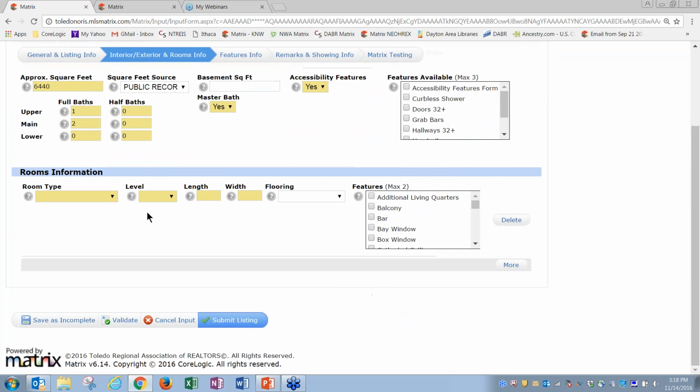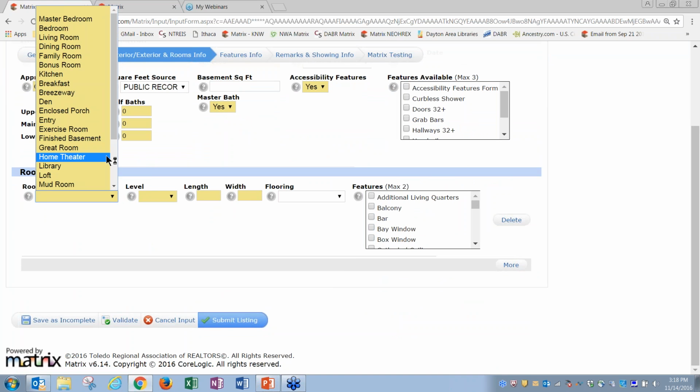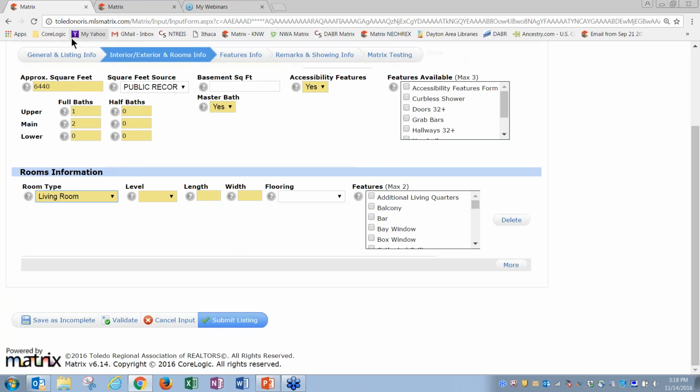On the room types, you're going to come in here and pick your first room that you want to do. So for example, let's say I want to do the living room. Put in what level it's on: lower, main, or upper. Once again, you'll notice the required fields because they're in yellow. It is a requirement to put in the length and the width, which should have been exactly what we had before. Now it's not a requirement to do the flooring and the features, but it really is very important